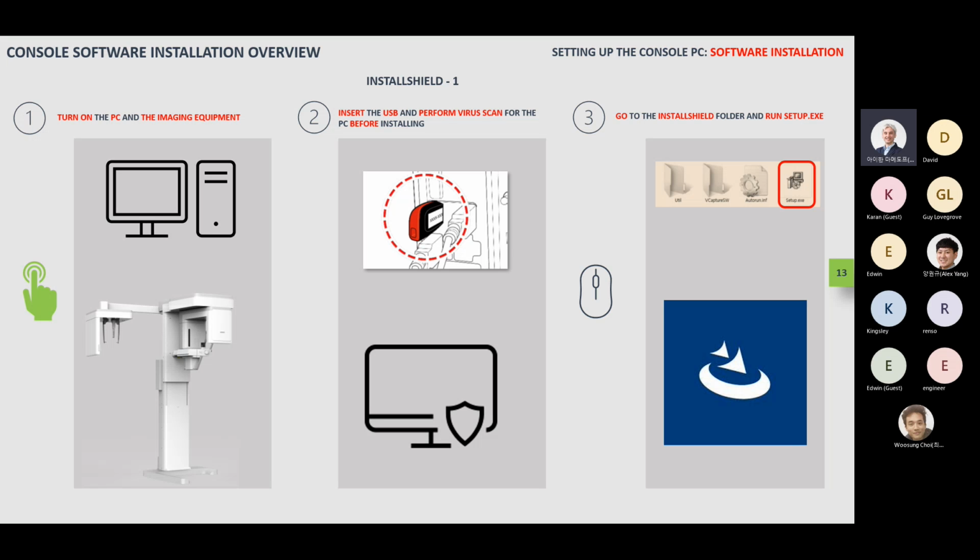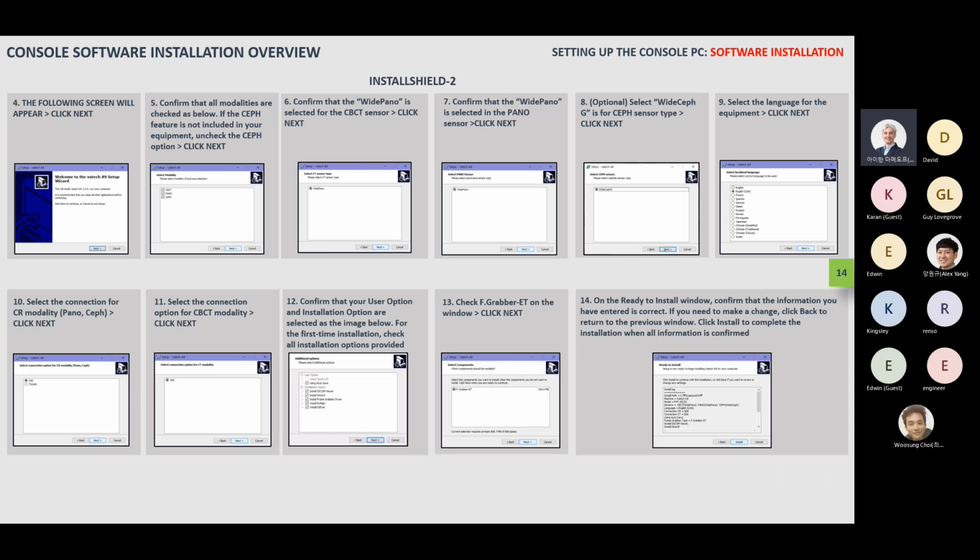You have to turn on the PC and imaging equipment, and you have to insert this USB that you get from VATECH and perform a virus scan before installation. And then you have to go to the InstallShield folder and run setup.exe, right? So this is explained in more detail in the technical manual, so you can refer to these steps. Actually, it's very easy to install, so all you have to do is just click next, next, next, next,